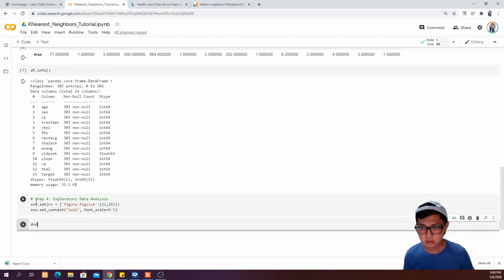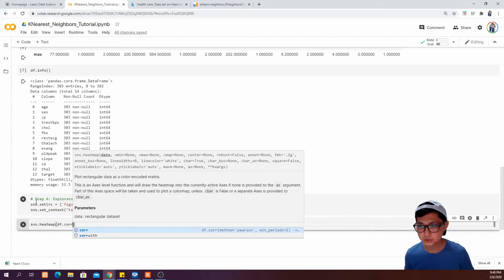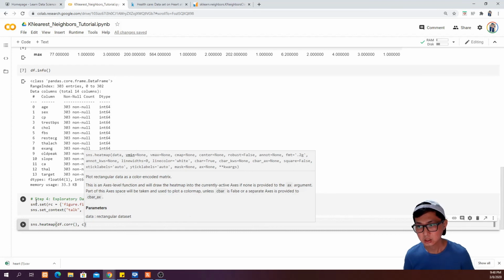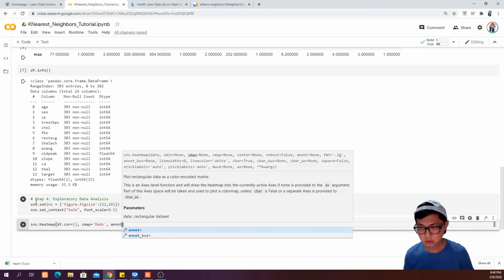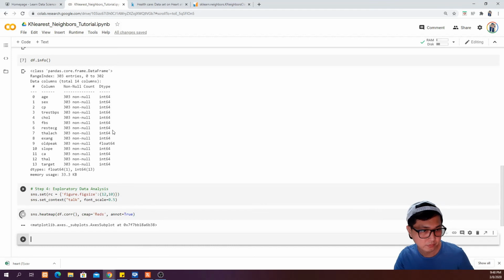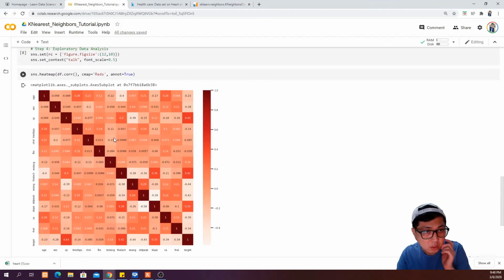And then we're going to say sns.heatmap, our data frame, then the correlation, and then cmap is equal to rainbow, and then annot is equal to True. Yep, cool. So we plotted our heat map, and then